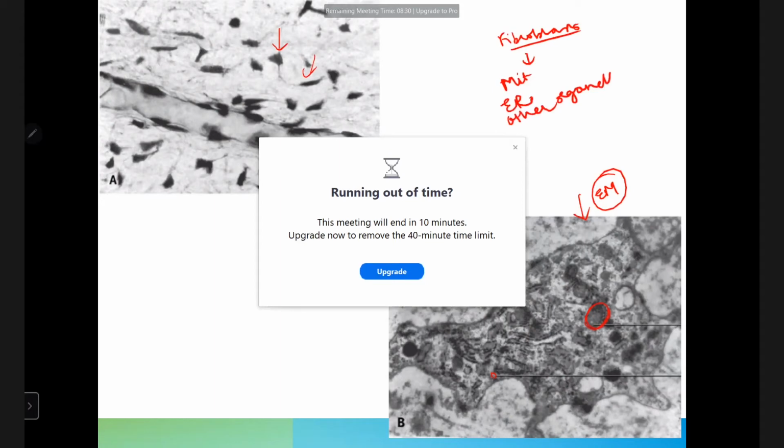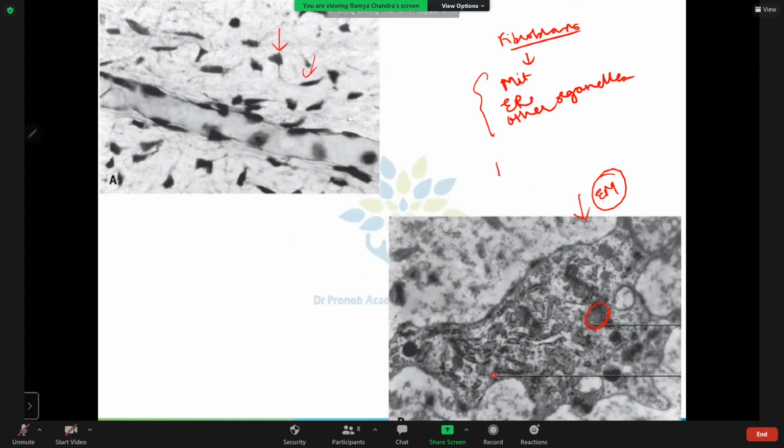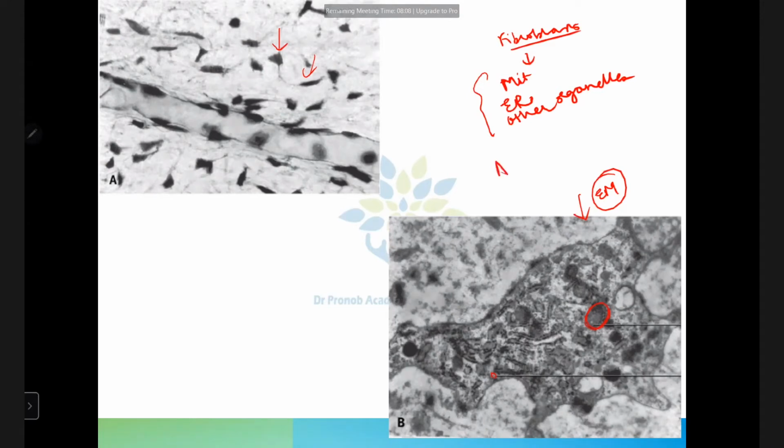Okay, so if the fibroblasts are having these different organelles, it means that the fibroblast cells are active in collagen production. Okay, so if the fibroblasts are having the different other organelles like mitochondria, rough endoplasmic reticulum, all the other organelles, it means that the cell is active in collagen production. Okay, so as the aging takes place, what will happen? These organelles will reduce. Okay, so in the young pulp, the cells divide and they're active in protein synthesis, whereas in the older pulp, there will be fewer intracellular organelles. The cell is no more active.